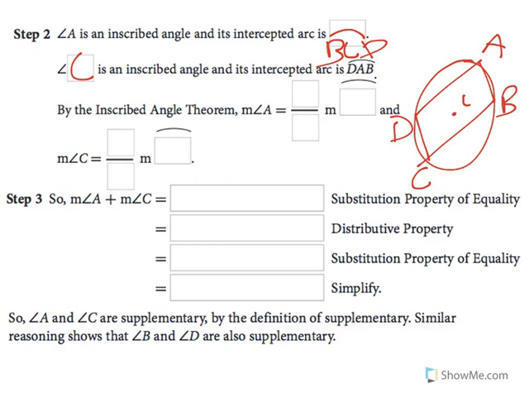By the inscribed angle theorem, angle A is 1/2 of the arc BCD, and angle C is 1/2 of the arc